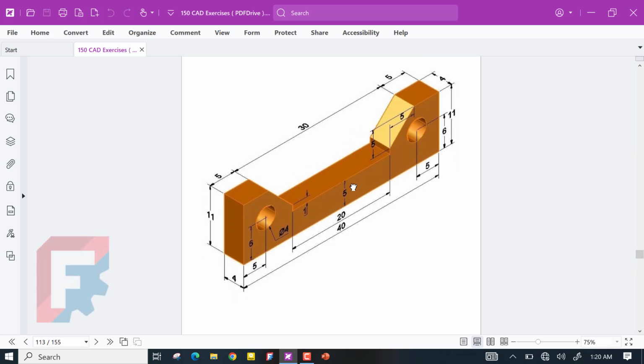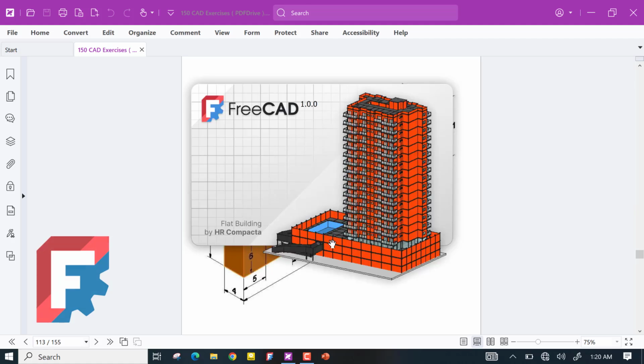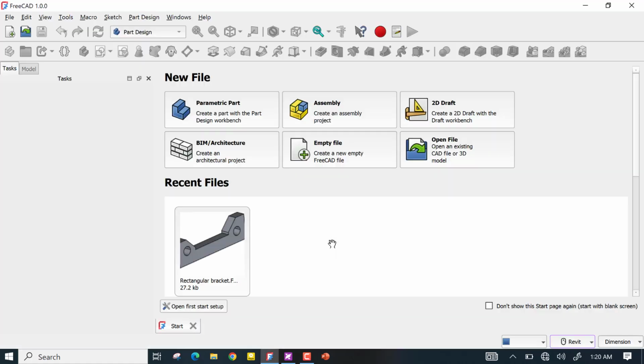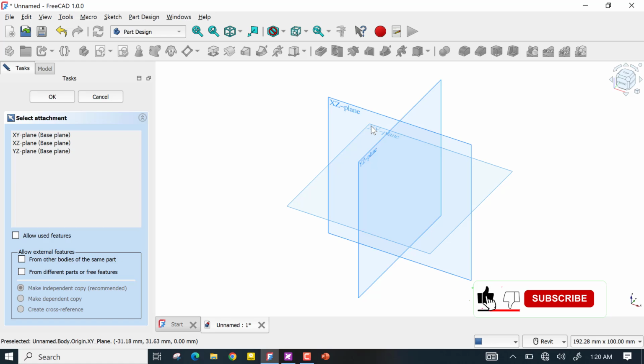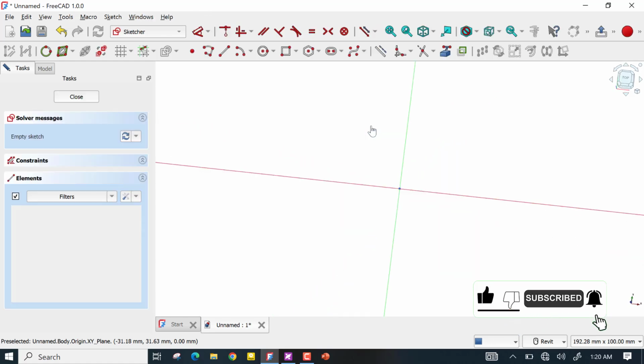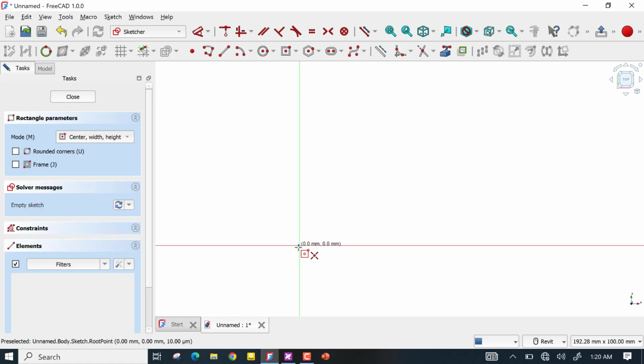So today we'll be drawing this 3D model, and from this exercise we'll get used to the constraint commands. So let's open FreeCAD. Click parametric part, click sketch, create a sketch, select XY plane, create center rectangle, click the center line, the origin,